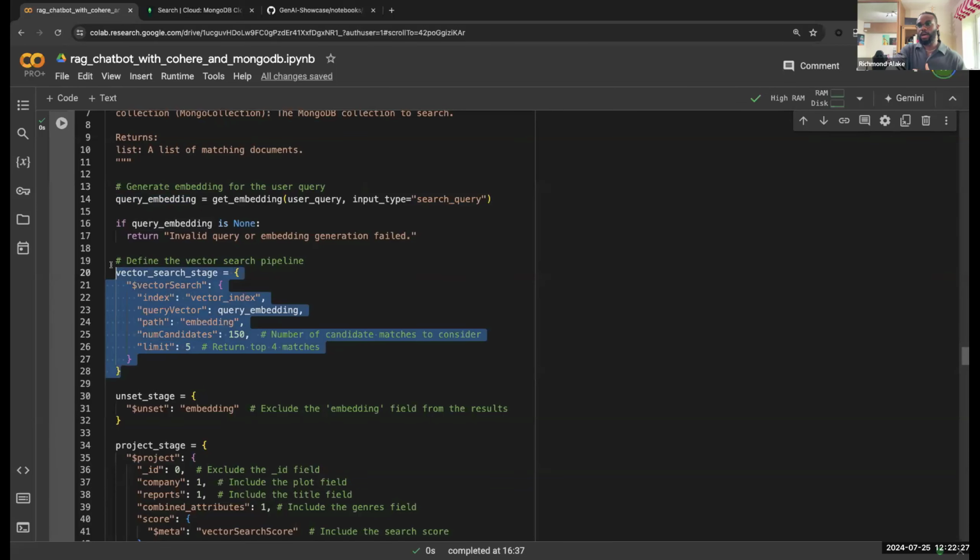Here we can see we're defining the vector search stage, and we call the vector search operator. And this is basically a Python dictionary, so you have that intuition of JSON-like data structure when you're working with MongoDB. So here we're calling the vector search dollar operator, specifying the index that we created over MongoDB Atlas. You have to ensure that this correlates to the name that you've created previously,